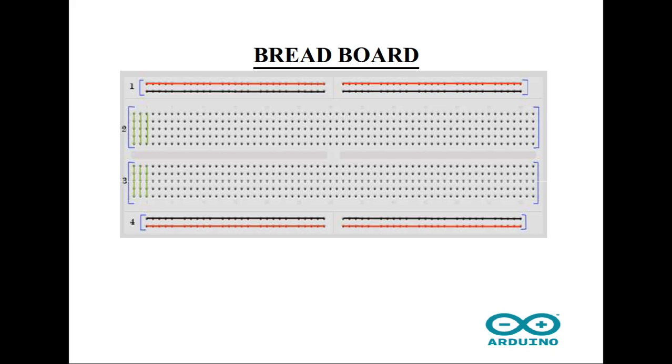But most probably in the circuit we need more ground connections, so that's the reason why we prefer this top layer of your breadboard, where you are given some 25 pins. Suppose if you exceed the 25 pins, then automatically you can take the adjacent 25 pins. Just by putting one jumper between these two layers, we can connect these two pins. Okay, so in this manner we can use our breadboard.